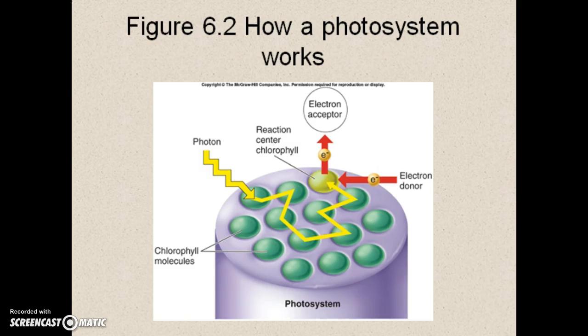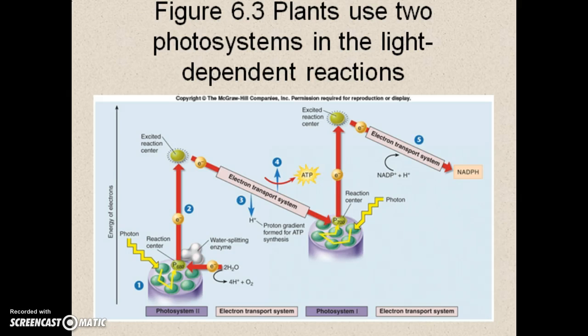The actual structures in thylakoids that capture those energetic photons are called photosystems. And so there's photosystem 2 and photosystem 1. Photosystem 2 is actually the first photosystem that harvests those photons, and that energetic photon comes in and kind of bounces all around those chlorophyll molecules, and an electron receptor releases an electron very energetically, and it's going to pass it on. That electron gets passed through this system called the electron transport system, or ETC,